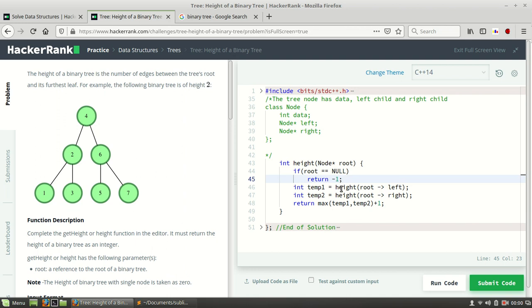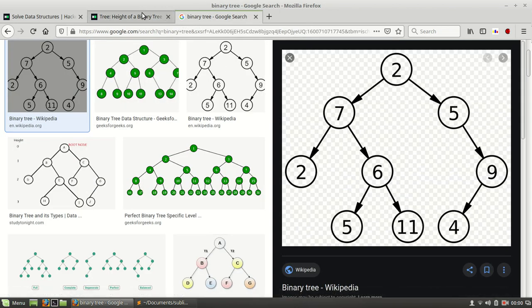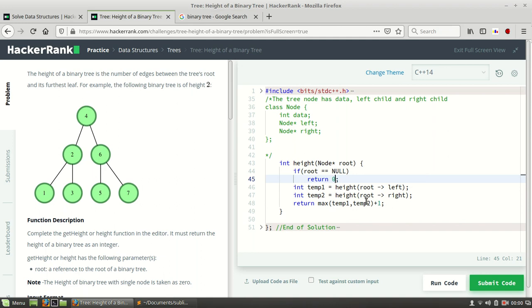Now comes the part about why we have taken -1. If we are at the leaf node, we will return, but we are adding 1. Suppose we return 0 at a leaf node; 0 plus 1 will be 1.